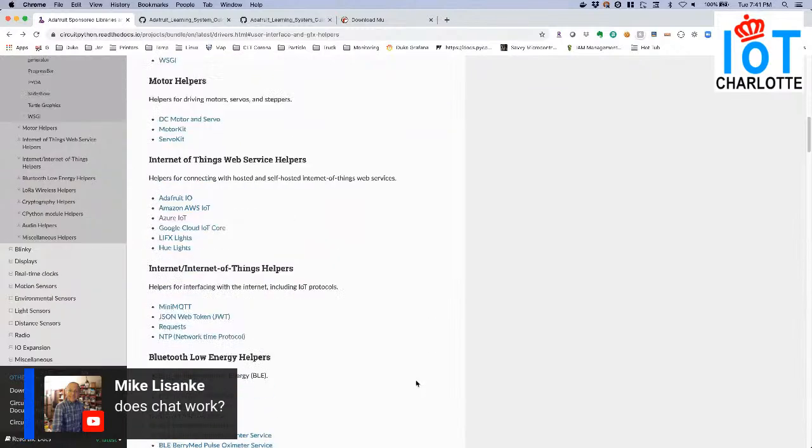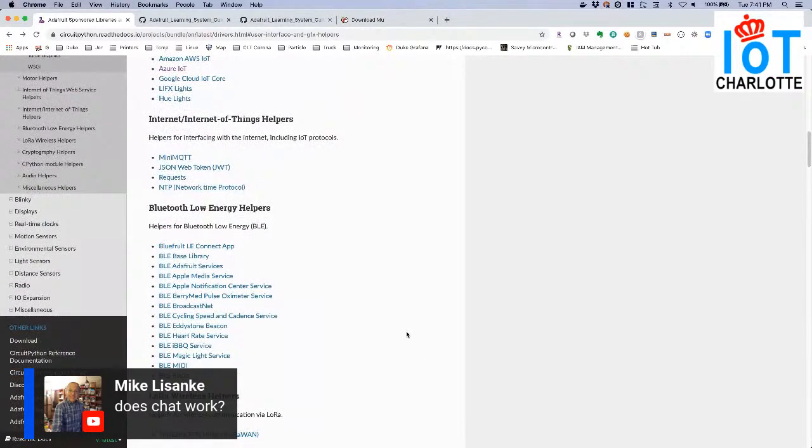I like Adafruit devices, so a ton of BLE devices it supports, heart rate monitors, cycling speed and cadence service. Okay. So just a ton of stuff out there. Sweet. All the rich debugging that you normally get from Python, it all works. Yeah, and you've got the serial connection coming out, and you can pipe things out to the serial connection over USB.